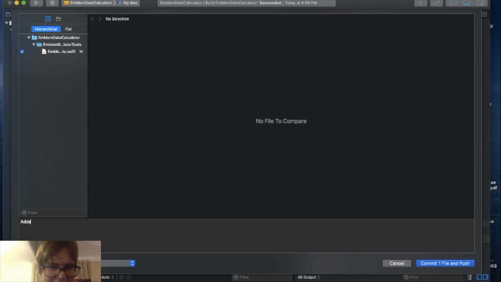So added a make SUT function that has a date parameter in order to avoid duplicate code. Okay,